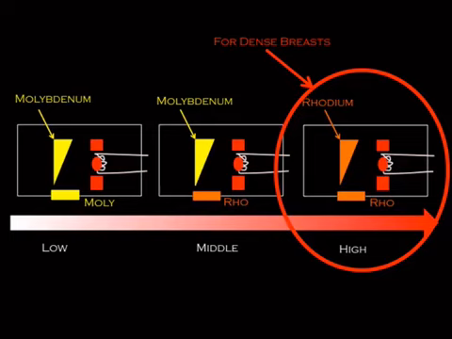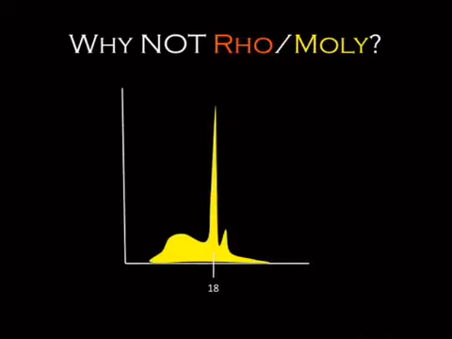That's sort of a newer thing. Think about the row, I think it's more testable. So why not row moly with a row target and a moly filter? Because what you're going to end up with is, if you place the